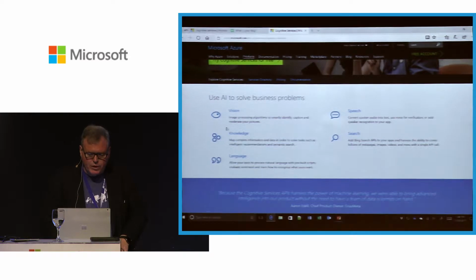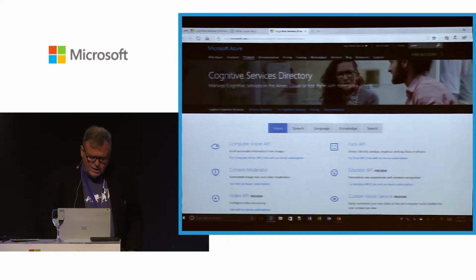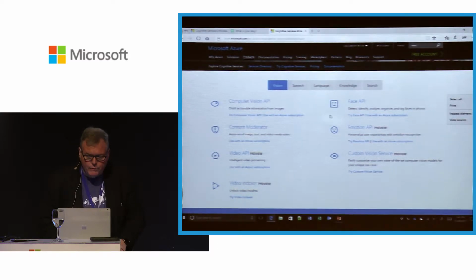Today I'm going to mostly focus on the Vision API right here. And there are lots of services inside of there. And if I click on them, you'll see a list of these different services: computer vision, content moderator, video indexer, face, emotion, and custom vision service. Now, I have a short period of time, so I can't even cover all of these, but I'll go into a few of them. I'll start with the computer vision API. And if I click on that,